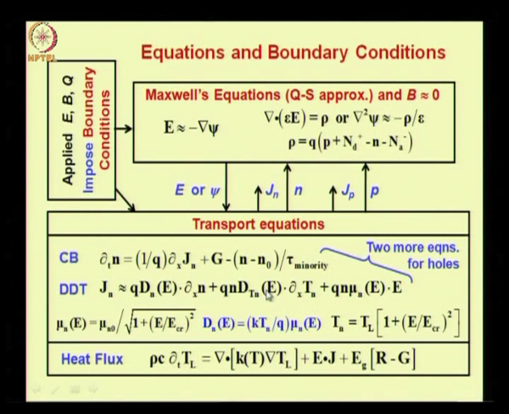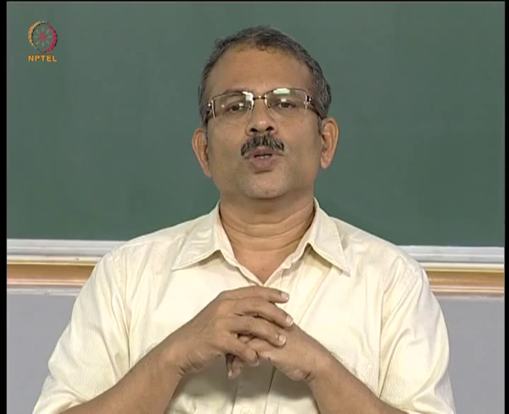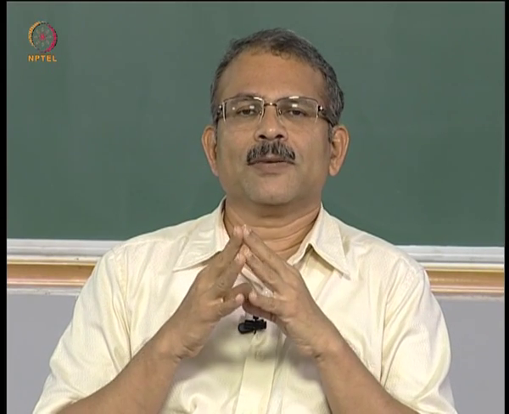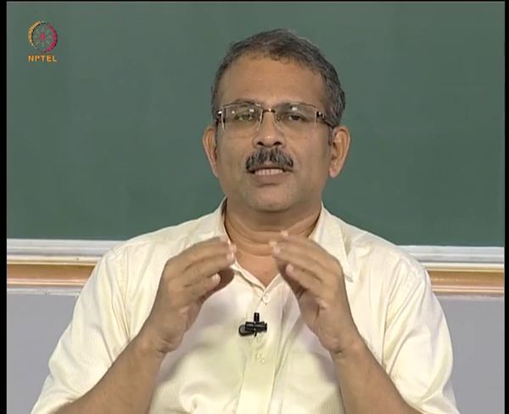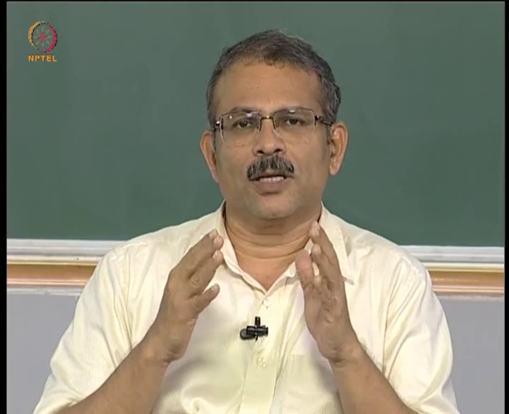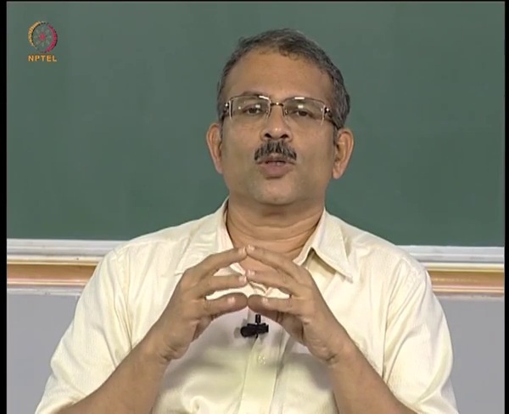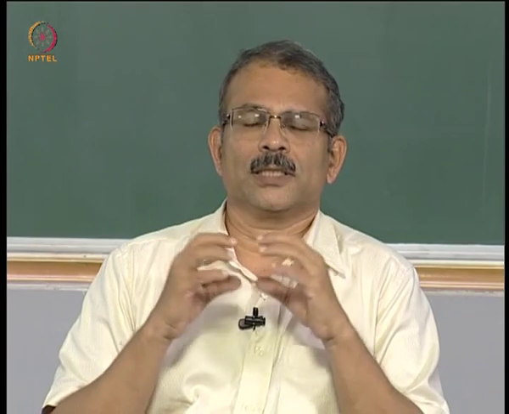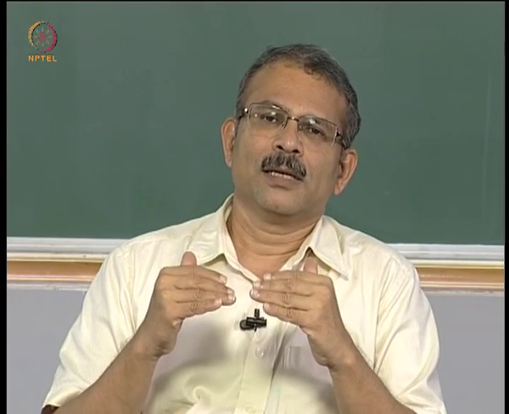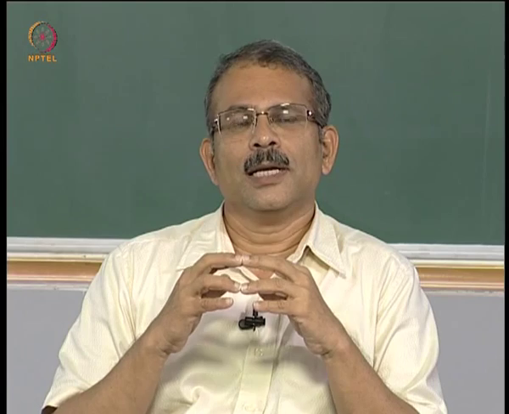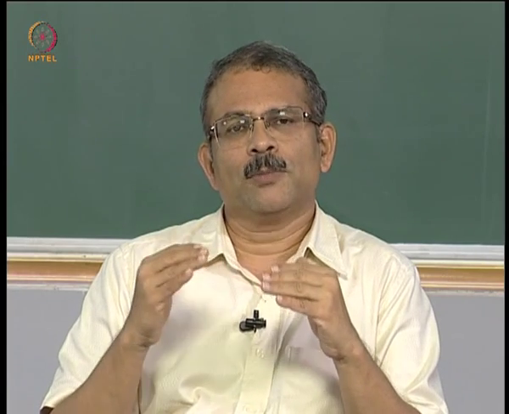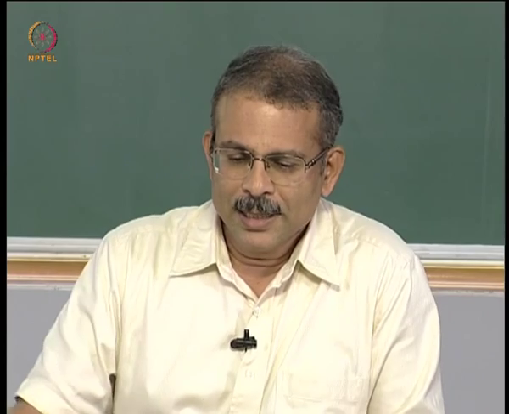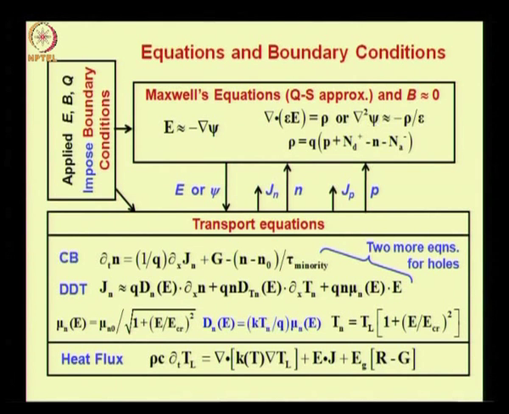So you see that this picture of transport equations is considerably simplified as compared to the 3 energy balance equations picture. In that picture you need 3 equations for electrons and 3 equations for holes. So totally you have 6 equations, whereas here you have only 2 equations because you absorb the energy balance information into the drift diffusion thermoelectric current equation. In addition to these equations for carriers or carrier fluxes, you have the equation for heat flux as well.